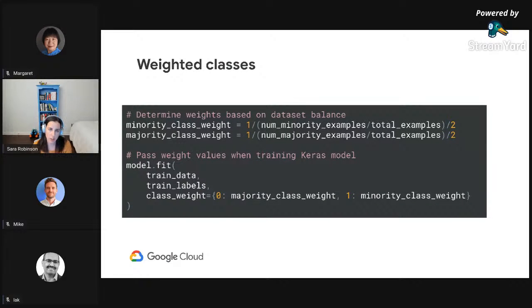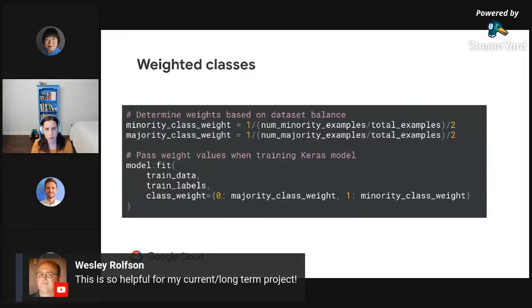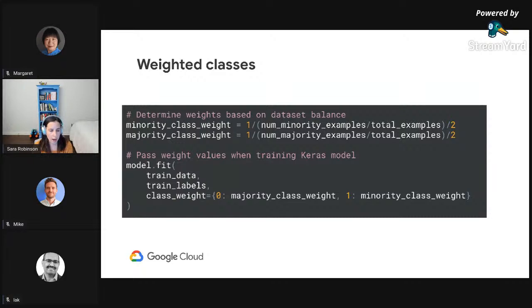And this is possible to implement in many different machine learning frameworks. We're showing Keras here. So the way that you determine what the weight should be is based on the balance of that class in your data set. So we calculate the data set balance, and then in this case, we just pass, Keras lets you pass a class weight parameter when you're training the model. I know XGBoost has similar, can also do it with BigQuery machine learning, lots of different ways to implement weighted